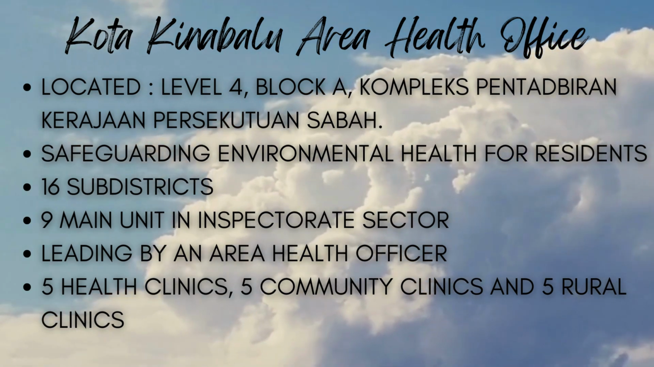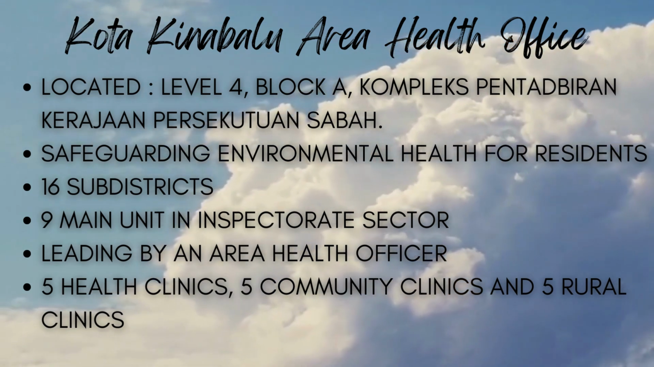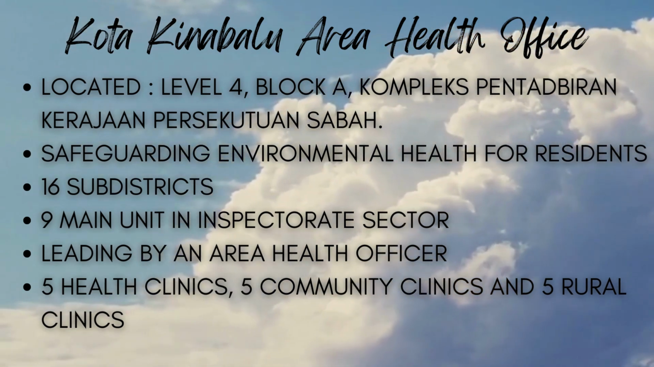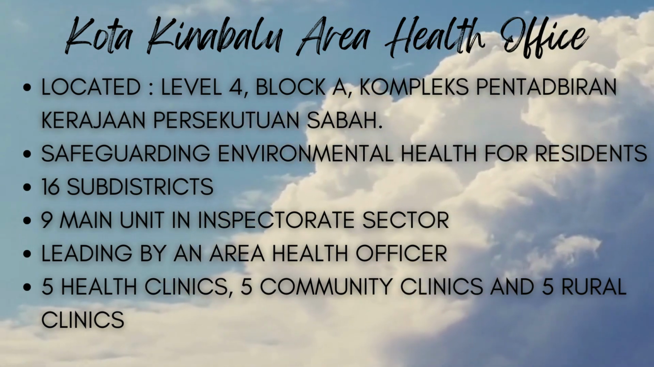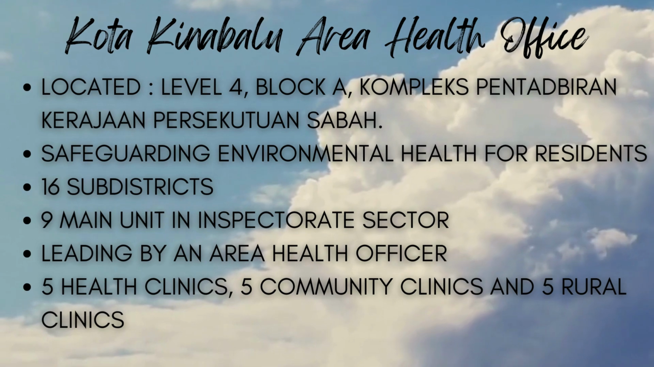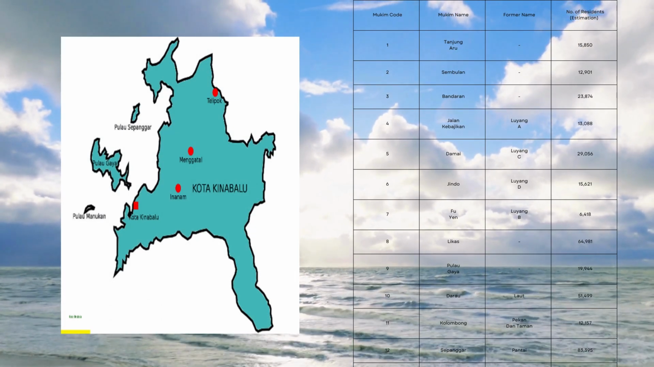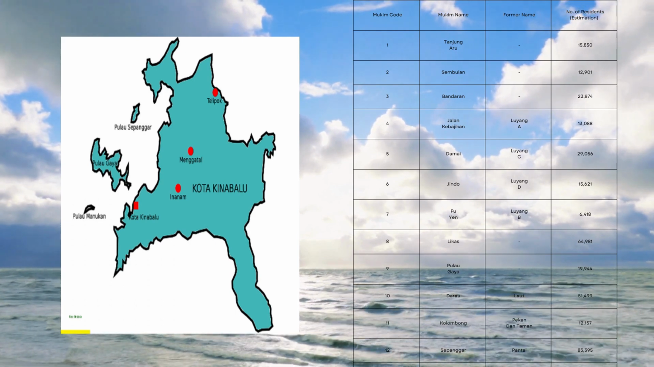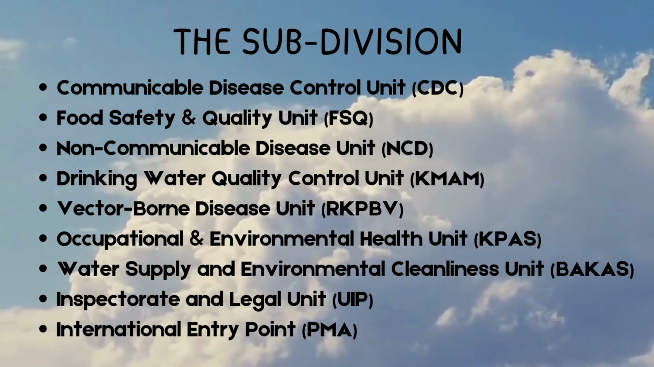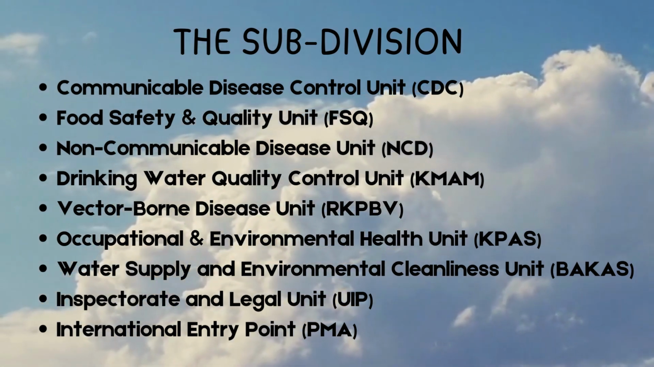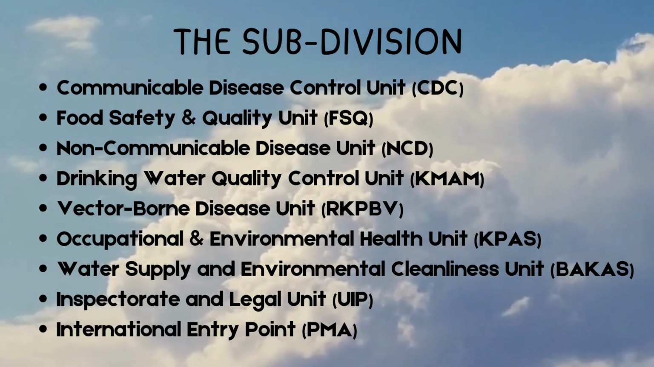Divided into 16 sub-districts of operational area, it has 9 main units in the inspectorate sector, led by an area health officer, 5 health clinics, 5 community clinics, and 5 rural clinics. This is the 16 sub-districts of operational area at Kota Kinabalu Area Health Office. These are the 9 main units in the inspectorate sector of Kota Kinabalu Area Health Office that will ensure optimal public health